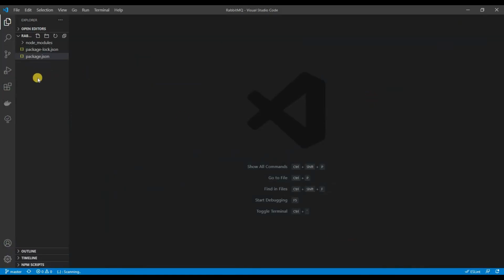Now what we need to do is create a folder. I already have a folder. I called it RabbitMQ. And here we're going to be creating some files, so that you have multiple files that you can reference later on in the future if you need to. All right. So the first file that we're going to be creating is called